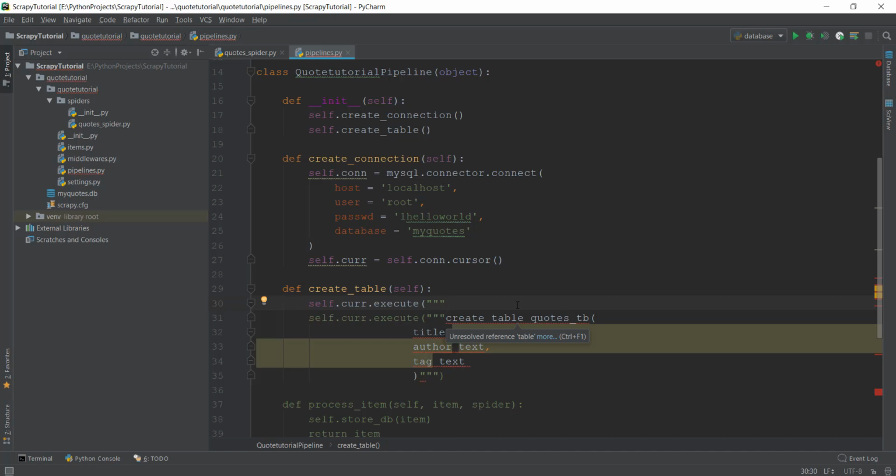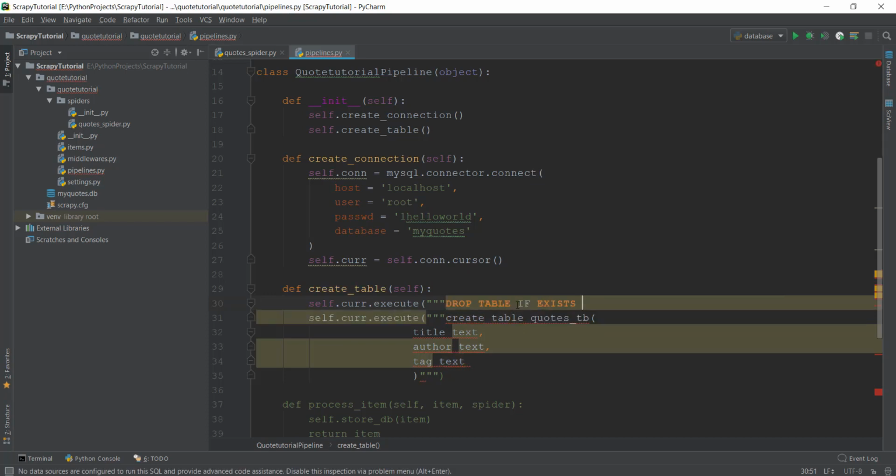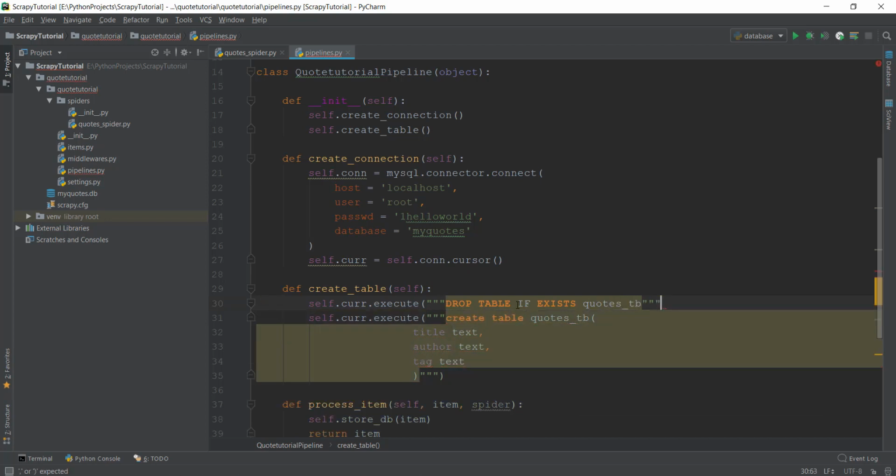Because we are going to be running this program again and again, we want to make sure that there is no error that this table already exists. And if you already know a little bit of SQL, you know what I'm talking about. So I'm just going to write a statement over here which says drop table if exists, and then I'm going to write the name of the table, which in our case is quotes underscore TB, and then I'm just going to put in triple quotes and close